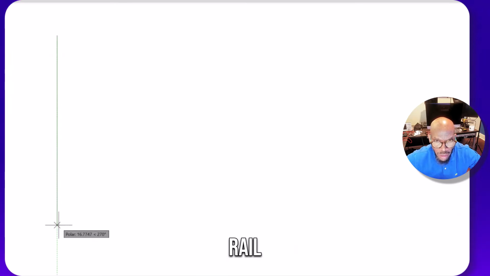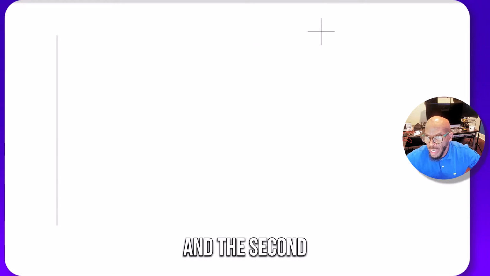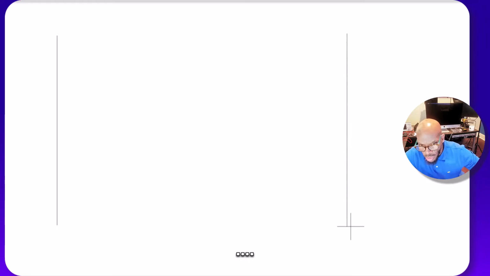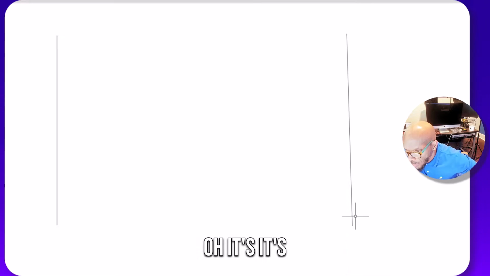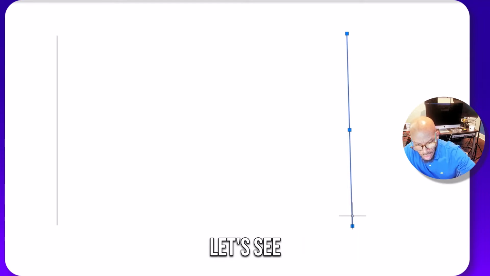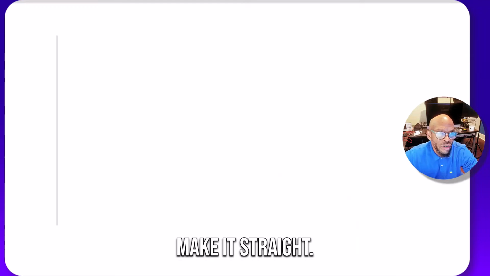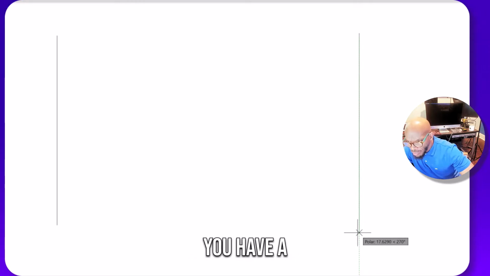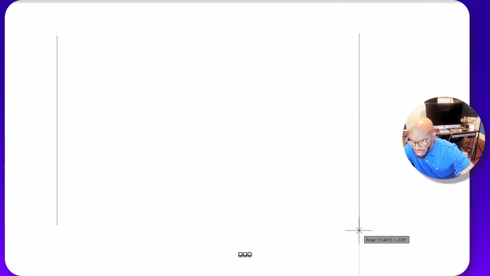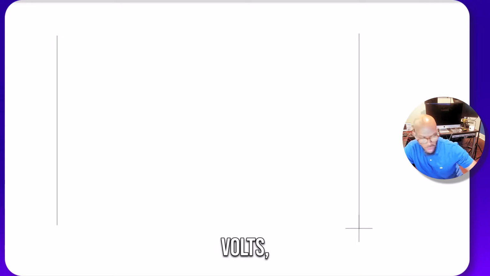Now this first rail is L1 and the second rail is L2. And what this is simulating is that, oh, it's crooked right there. Let's get that out of there. Let's make it straight. What this is simulating is you have a hot wire, which is usually 120 volts,